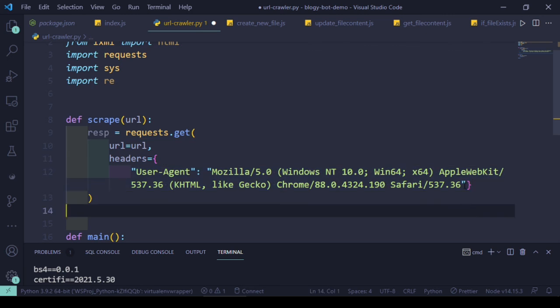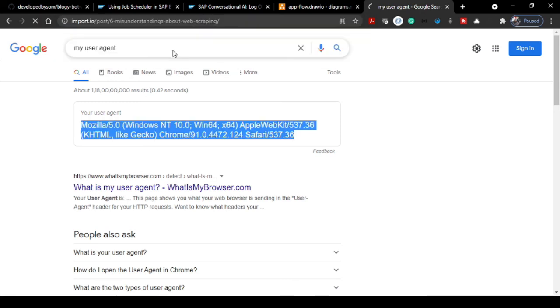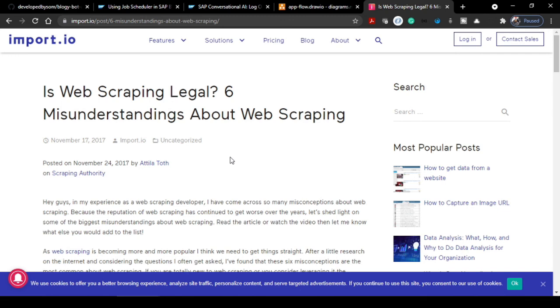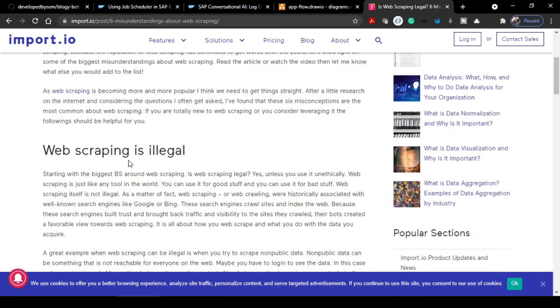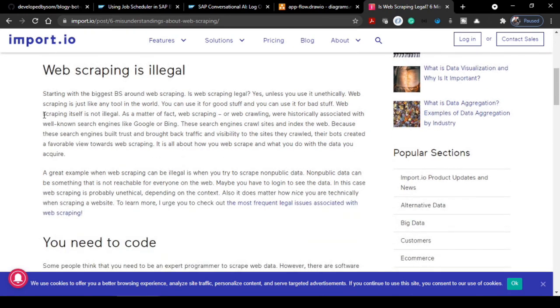There are certain misunderstandings with this one. I was reading a particular blog, and it talks about when web crawling is illegal or not. By default it's telling like web scraping is illegal. No, it is nothing like that. They are saying web scraping itself is not illegal, but it depends how we use the data.